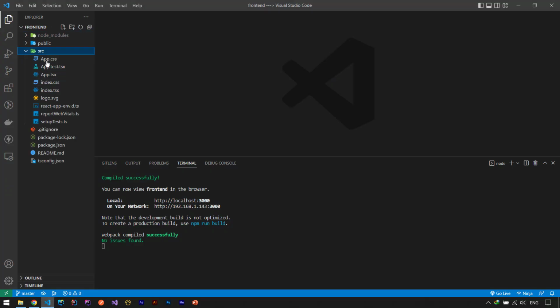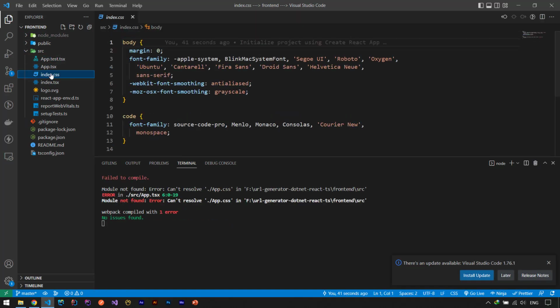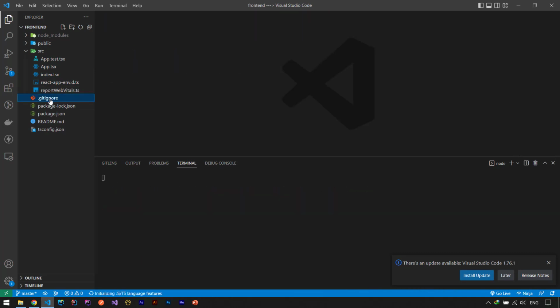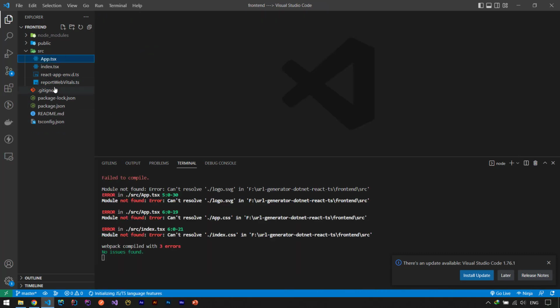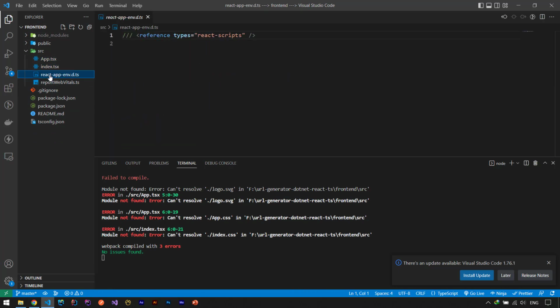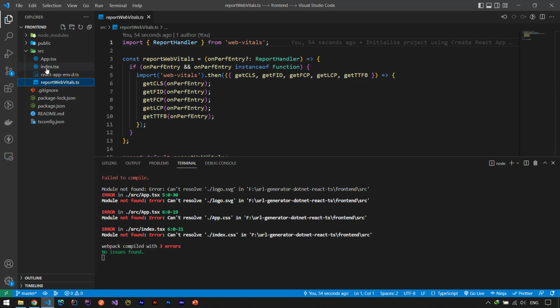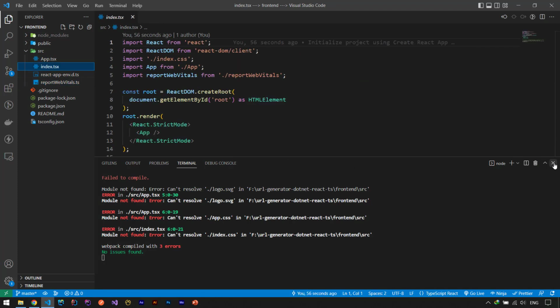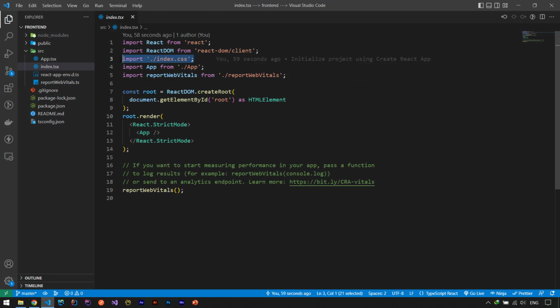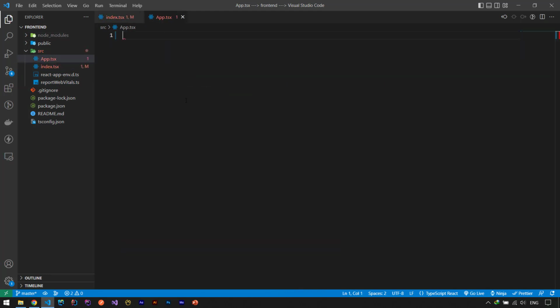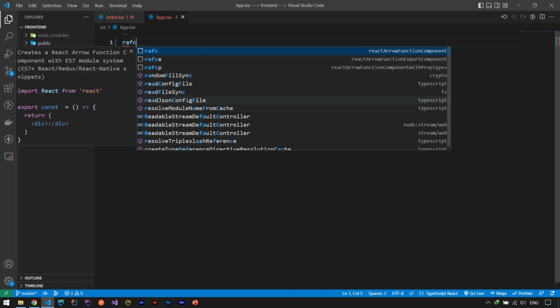So let's do some cleanup. Let's delete this App.css and delete index.css and delete this file and this setupTests and App.test. So I have App.tsx and index.tsx and react-app-env.d.ts and reportWebVitals.ts. Inside of index.tsx, I will delete this line, and inside of App.tsx, let's delete everything and let's say rafce to